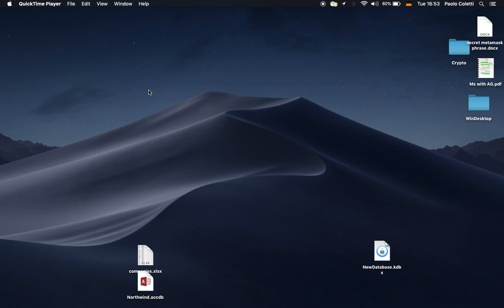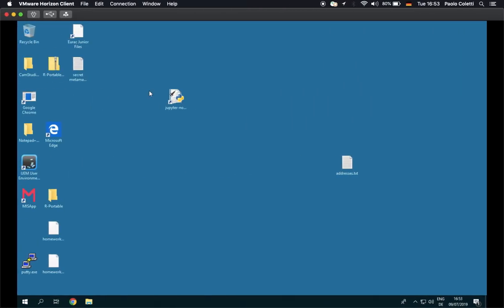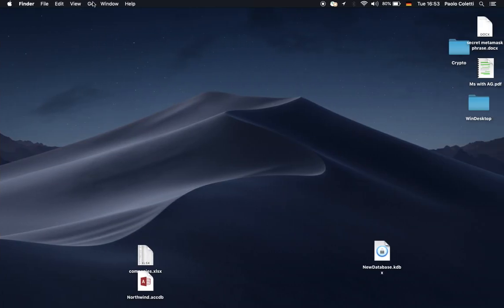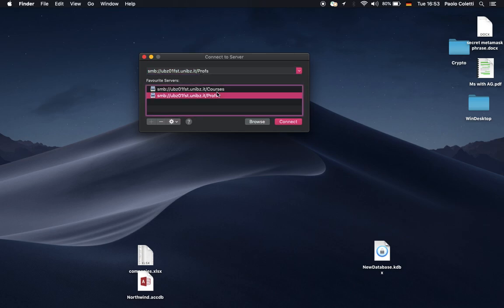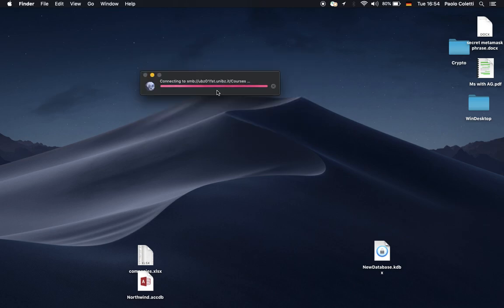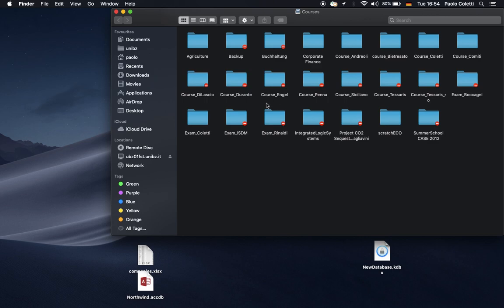Okay, first of all, I will do Excel on the Mac using Excel for Mac, then I will switch to the virtual machine, which I have already opened because I don't want to waste time during the exam, to do Access. So, go connect to server, not this one, exam Coletti